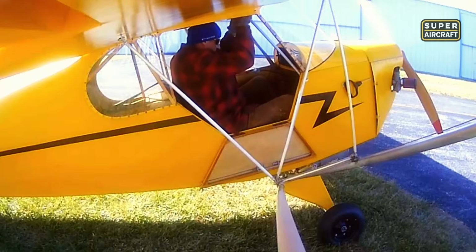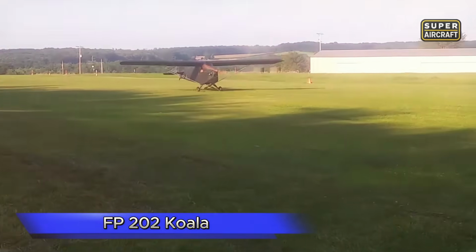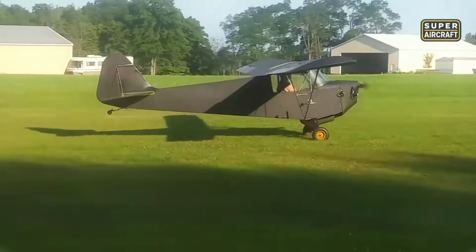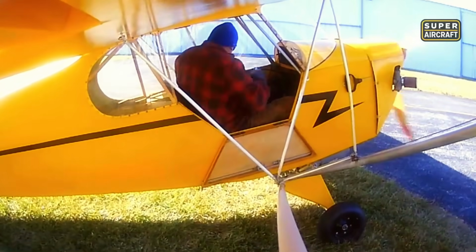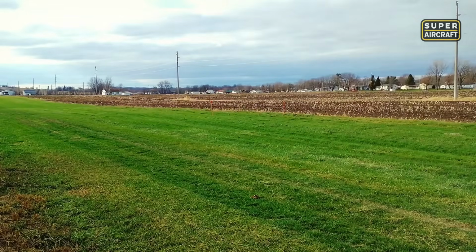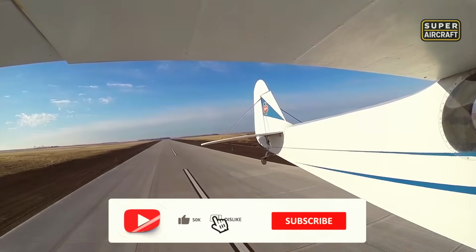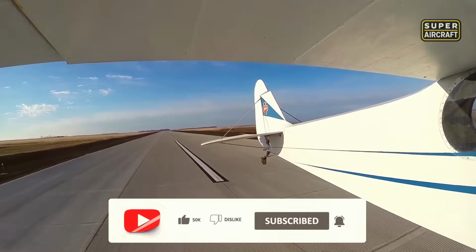Introduced in 1981 by Fisher Flying Products in Canada, the FP202 Koala pays tribute to the legendary Piper J3 Cub. With its nostalgic lines and simple layout, this ultralight brings vintage charm into the modern era. Built from wood and fabric, it delivers a flying experience that feels like stepping back into aviation's golden age. The Koala features a high wing and tail dragger layout that make it ideal for grass strips and rural